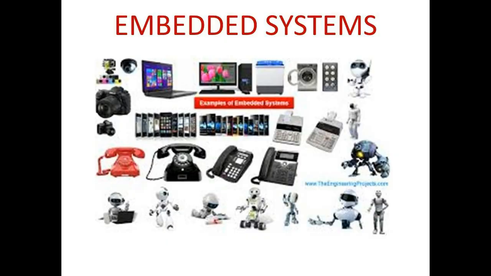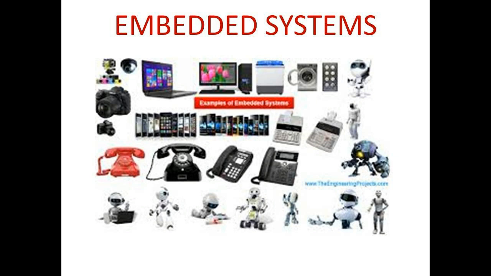Next one, embedded systems. These are a special type of microcomputers designed to perform only one type of task. They have their software embedded on a large hardware. They do not have an external display, keyboard, mouse or hard disk. However, they do have a RAM, ROM, CPU, input medium and output medium.